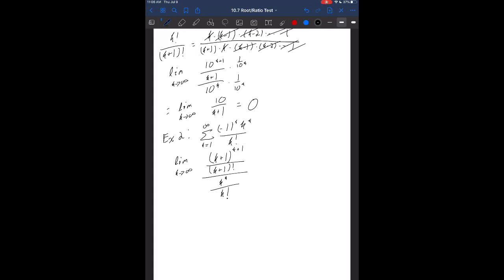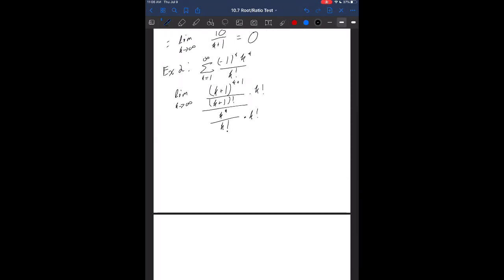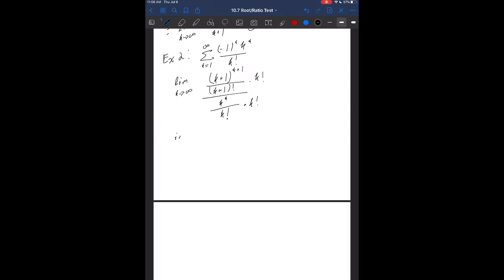Okay. So again, we'll try to write this as a single fraction so that we can evaluate what this limit is going to be. So this is going to be times k factorial times k factorial. Again, as we talked about before, this k factorial divided by (k plus 1) factorial is going to be 1 over k plus 1. And so this leaves us with the limit